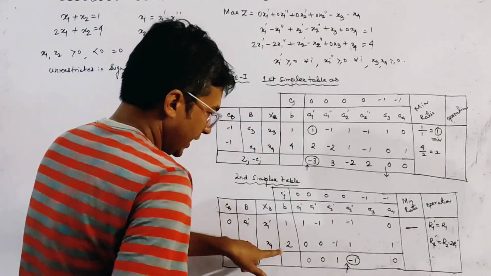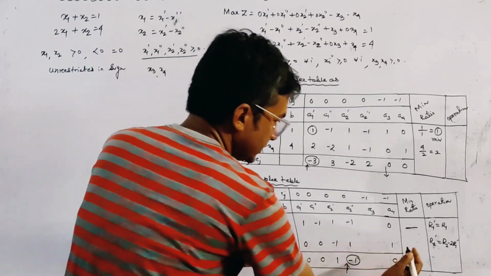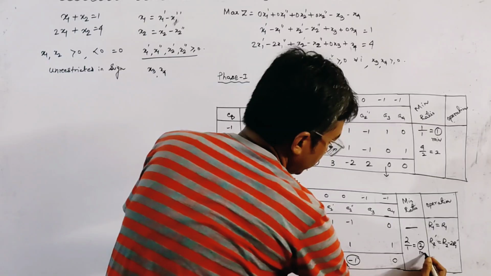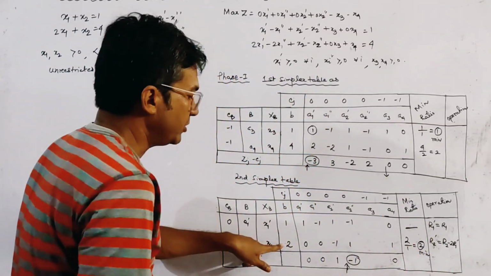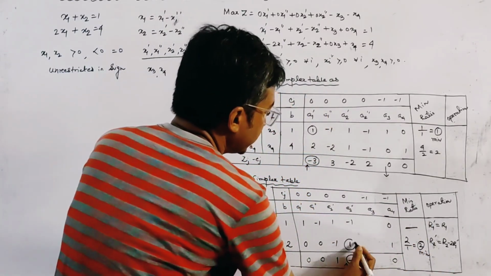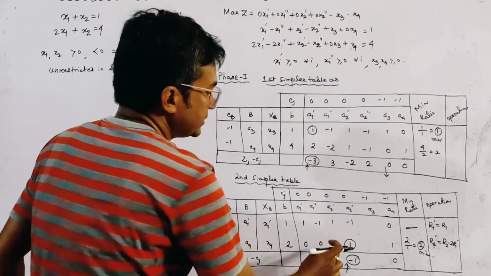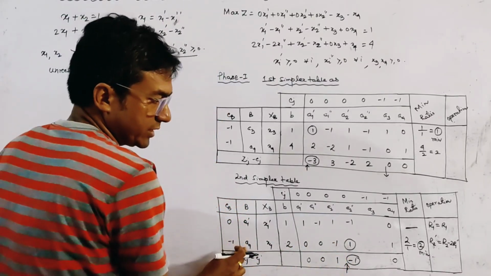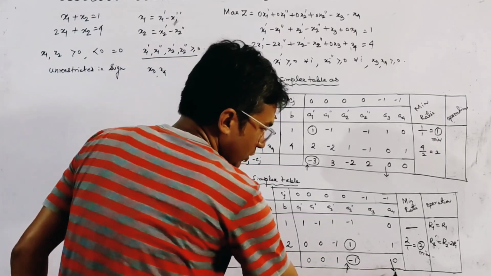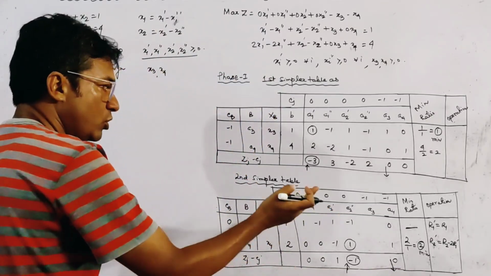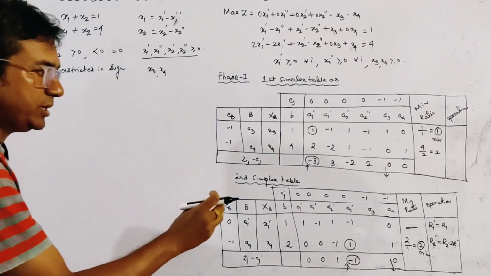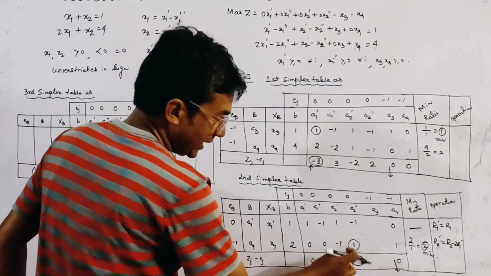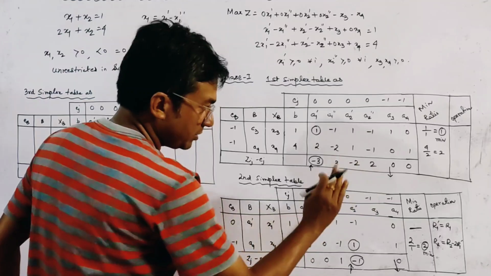so we cannot find the min ratio because this is negative, and the min ratio of this is 2 by 1, so 2, this is minimum. Only one element, so this is minimum, and clearly this element is the key element. And it says that the a4 vector is the outgoing vector. Okay, this is the outgoing vector. So we draw the third simplex table as, since a4 is the outgoing vector and a2 double dash is the incoming vector,